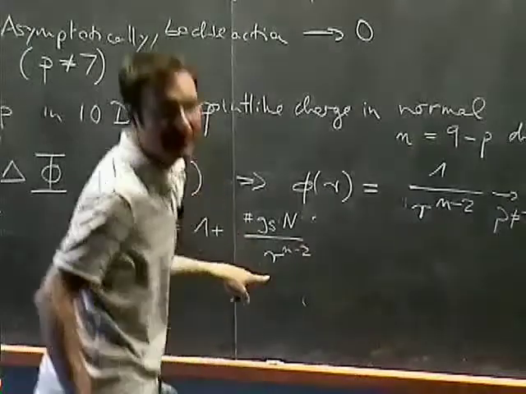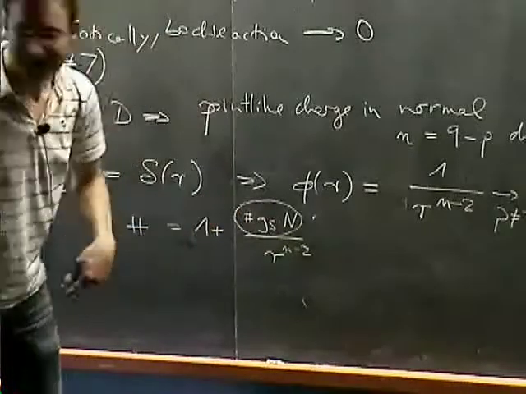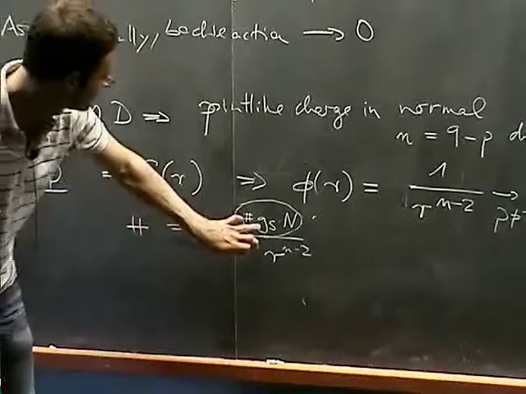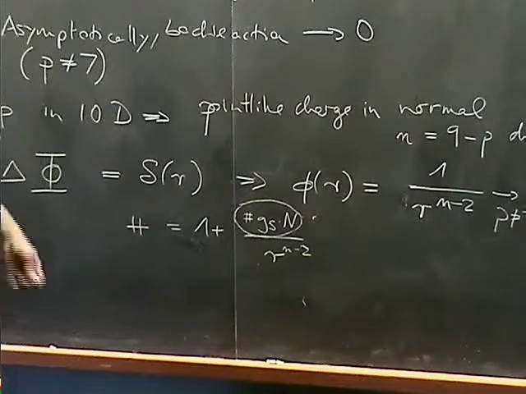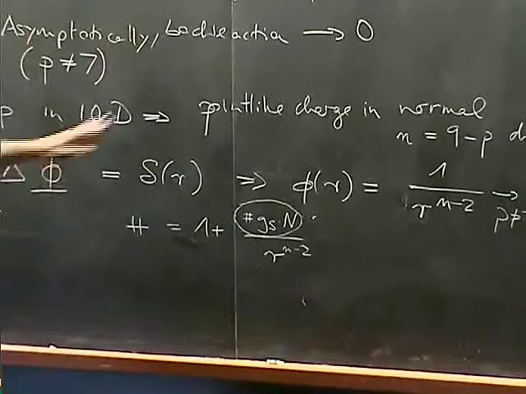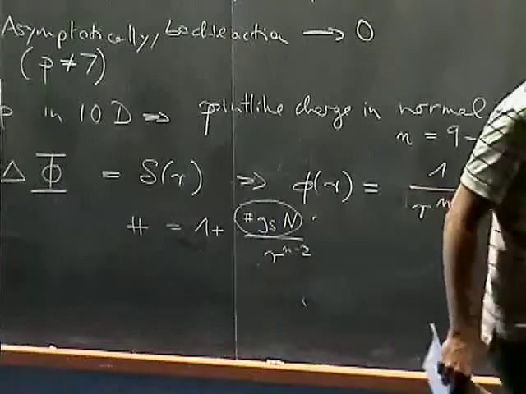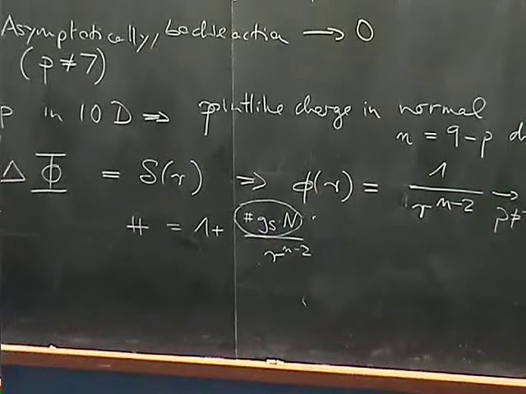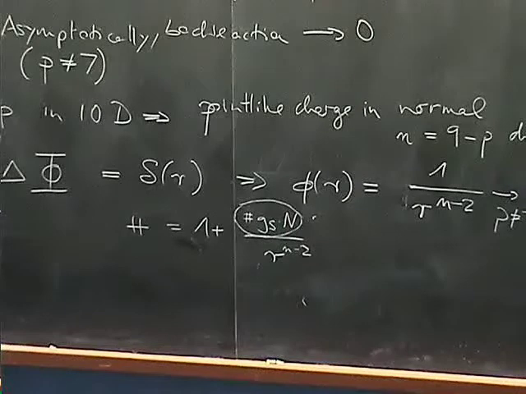So this vanishes for r to infinity, and how fast it vanishes is a question of the coupling and of the number of branes, so of the mass. But I think it's tricky to make this more quantitative. Anyways, it was just meant as a motivation to now look a little bit closer,